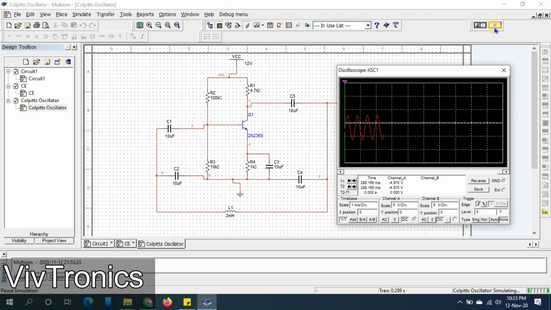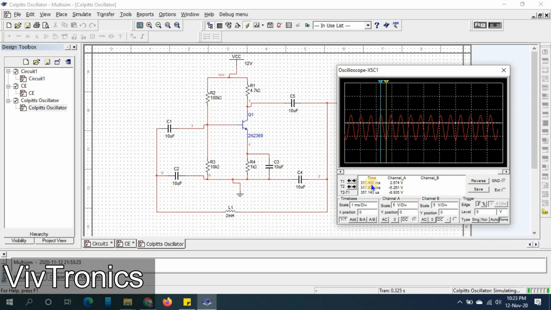At this time we have to press the pause simulation button, then take the cursors and place them, one at a positive peak and another at a negative peak, so that you will get the maximum voltage, which is 8.93 volts.